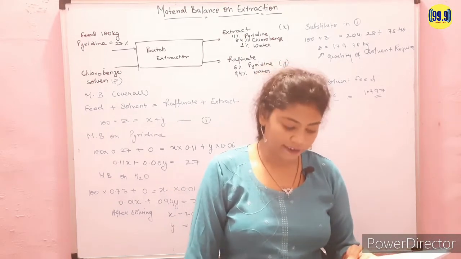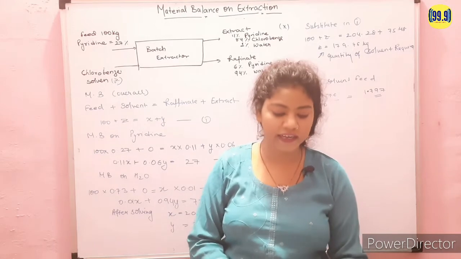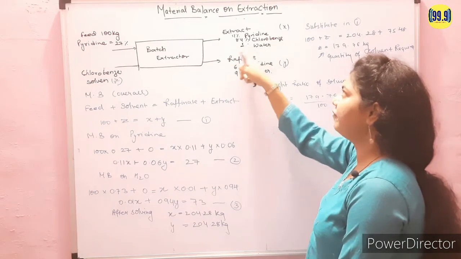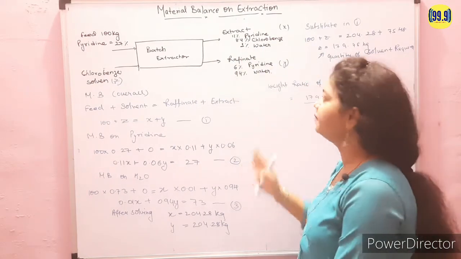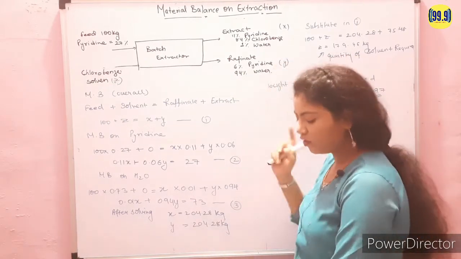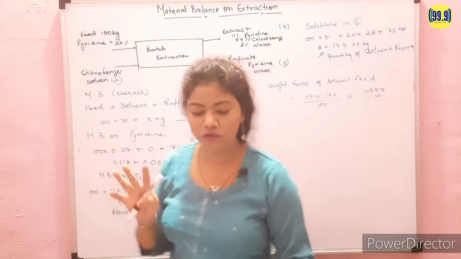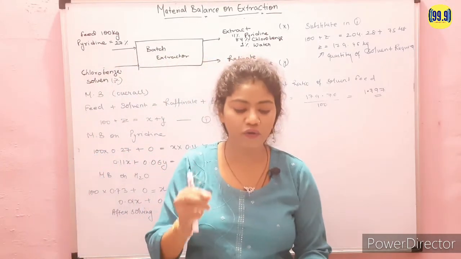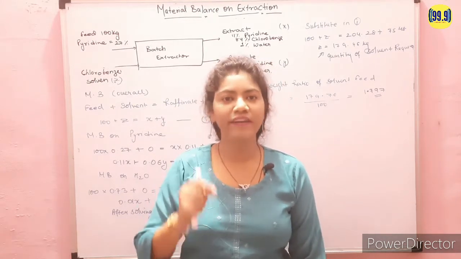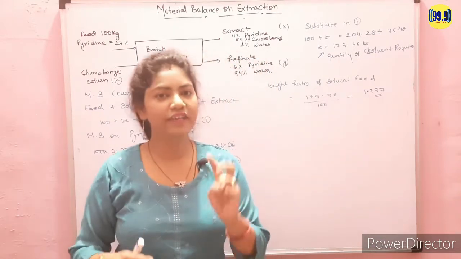So we have to calculate the quantities of the two phases. यहाँ पे जो क्वांटिटीज़ हैं उनके two phases की क्वांटिटीज़ बतानी हैं और सारा डाटा आपको दिया गया है। एक्सट्रैक्ट फेस में 11% पायराडीन है, 84% क्लोरोबेंजीन है, 1% वाटर है, और रेफिनेट फेस में 6% पायराडीन है और 94% वाटर है। So we have to find out first the quantities of the extract phase and raffinate phase, and second we have to calculate the weight ratio of the solvent to feed based on the 100 kg of the feed. तो बाद में हमें सॉल्वेंट टू फीड रेशियो निकालना है कि कितना हमें सॉल्वेंट डालना है with respect to feed। तो ये दो चीज़ें हमें कैलकुलेट करनी हैं।